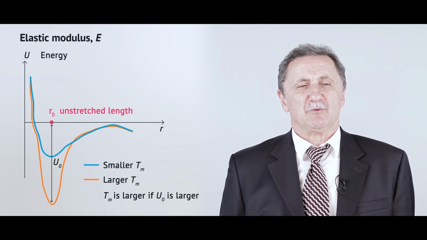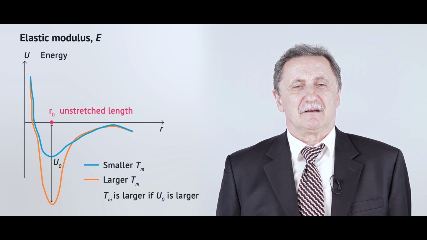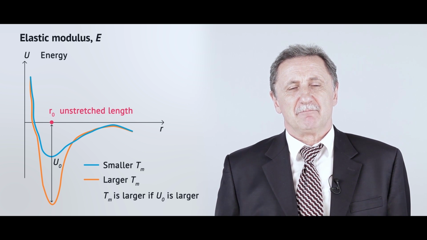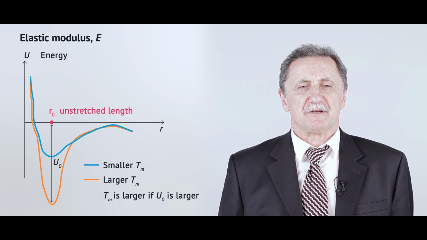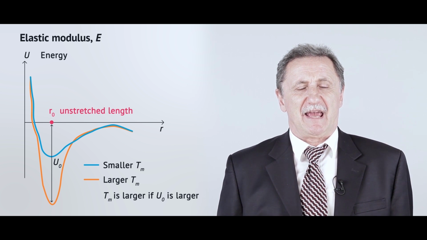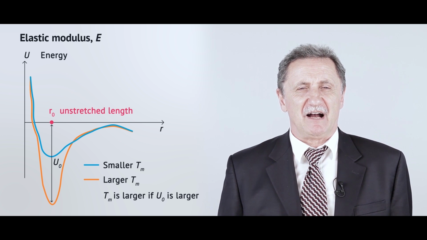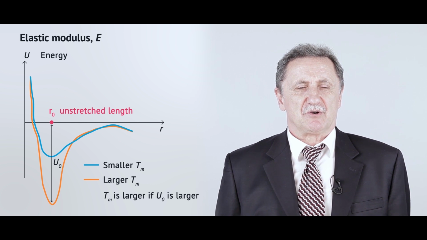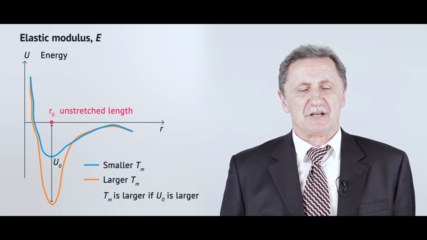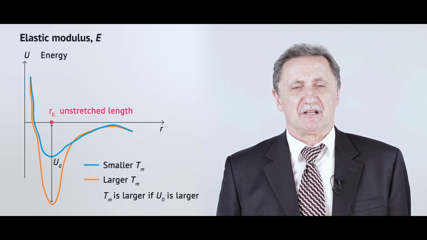So now again we can see the direct relation of the atomic level structure of the material, but now with a physical property such as melting point. And so the bonding energy, U0, is a critical parameter which defines this physical property. So again, the melting point is larger if U0, the bonding energy, is larger.